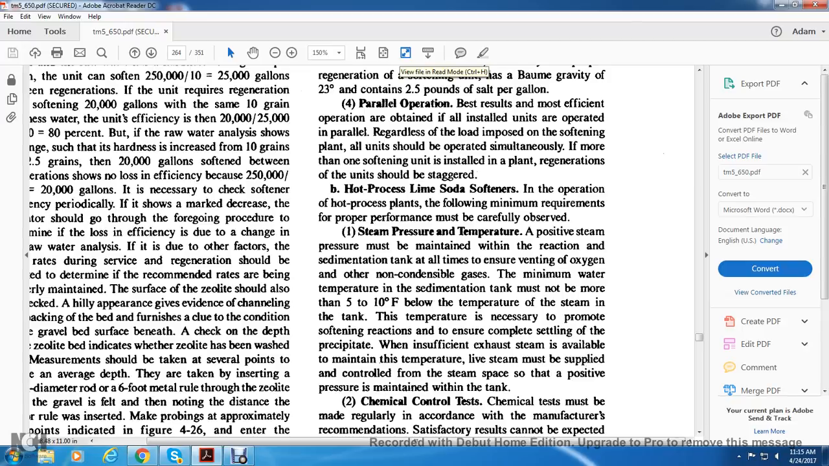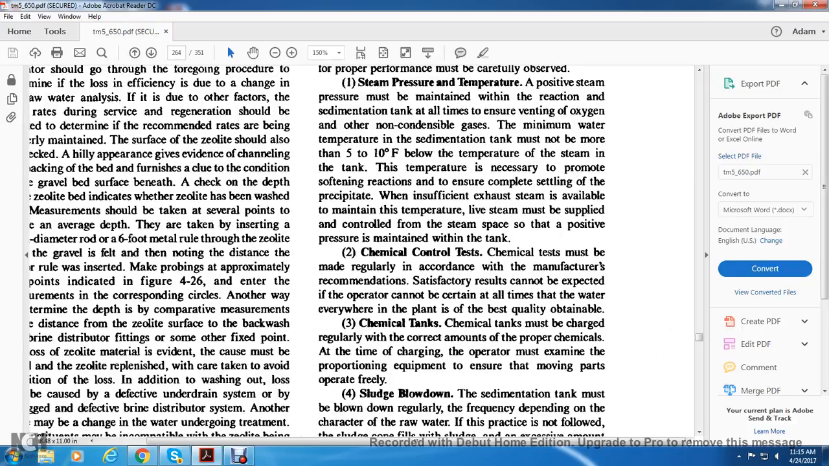The temperature is necessary to promote softening reactions and ensure the complete settling of the precipitates. If sufficient exhaust steam is available to maintain the temperature, live steam must be supplied with the control of the steam space so that positive pressure is maintained within the tank. Chemical control test. The chemical test must be made regularly in accordance with the manufacturer's recommendation. Satisfactory results cannot be expected otherwise, but the operator can be certain at all times that the water is heading everywhere in the plant with the best quality